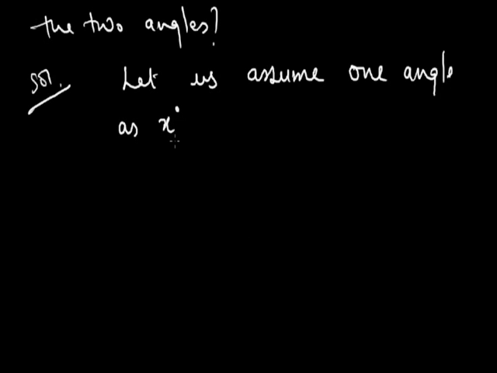Now it is given that the two angles are differing by a measure of 34 degree. So the second angle is x degree plus 34 degree. As you can see that the difference between the first angle and second angle is 34 degree. If I subtract the measure of first angle from the measure of second angle, I will get 34 degree. So the difference between the two angles is 34 degree. So I am on the right track for solving the question.